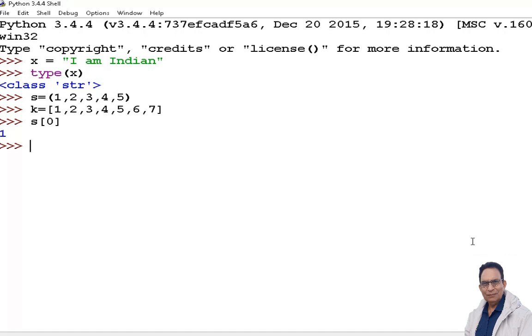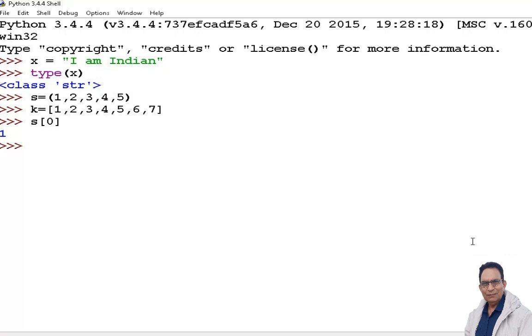It is writing 1. So 1 is the first element of it. It is printing the value of it. So index value of the first element of a tuple is 0, and of the last element it is n minus 1, where n is the number of elements the tuple is holding. Same thing is applicable with list also. In case of list also, the first element has index 0 and the last has n minus 1.